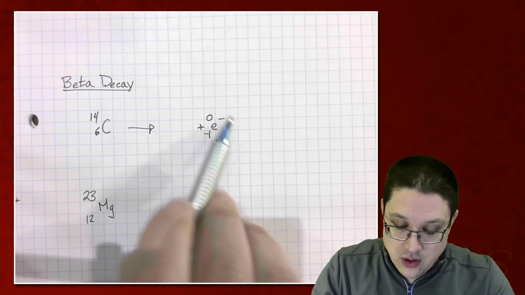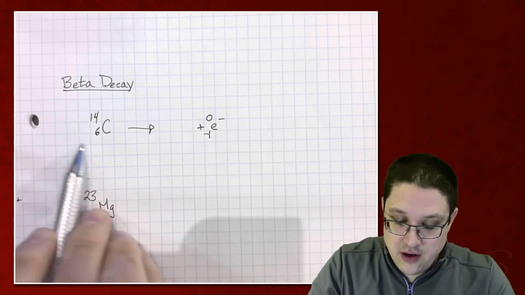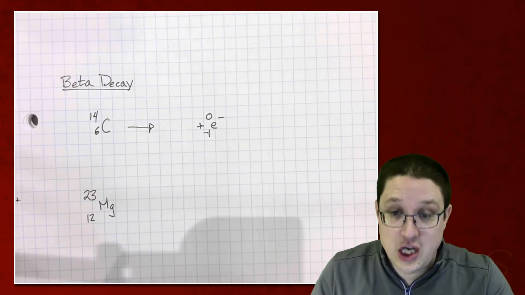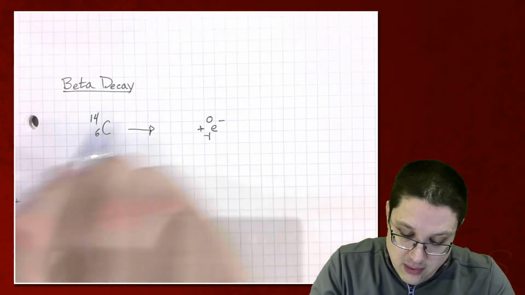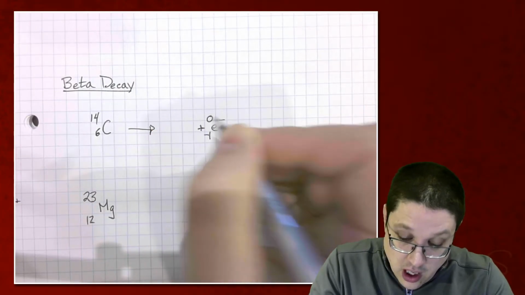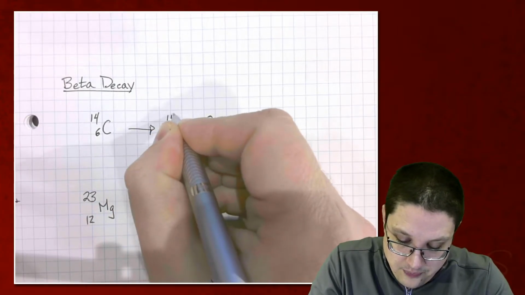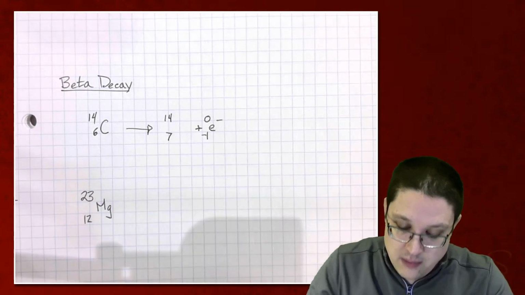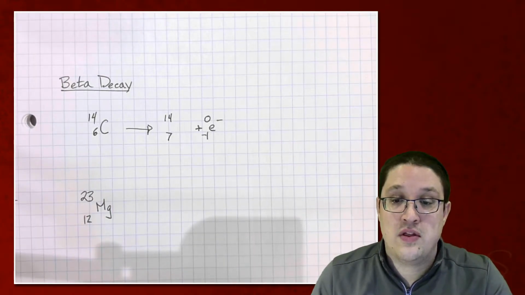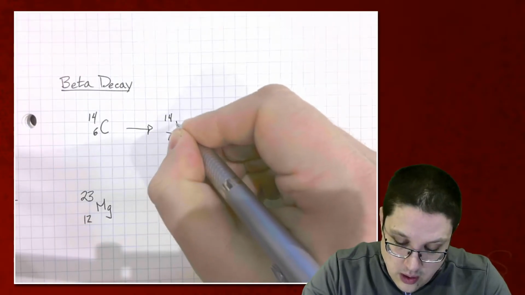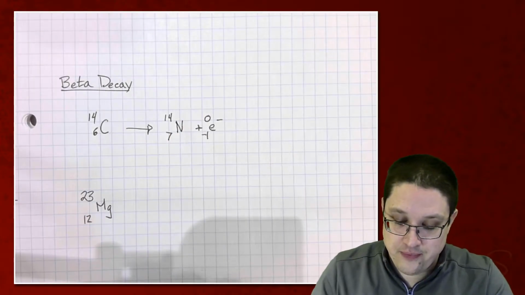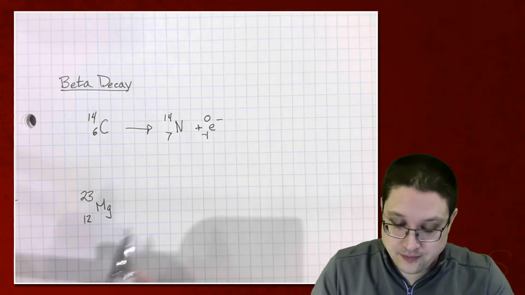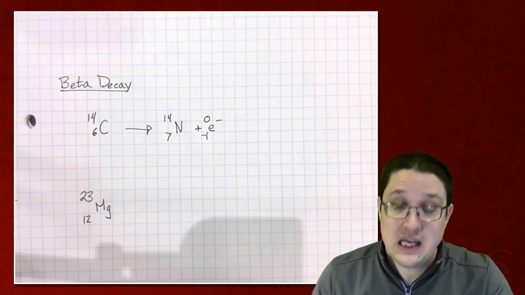So with an electron, this means that my carbon here is going to change. My number of nucleons stays the same, so I have 14 there, but the proton number has to go up to 7. So this carbon turned into a nitrogen. So carbon-14 turned into nitrogen-14. And in beta decay,